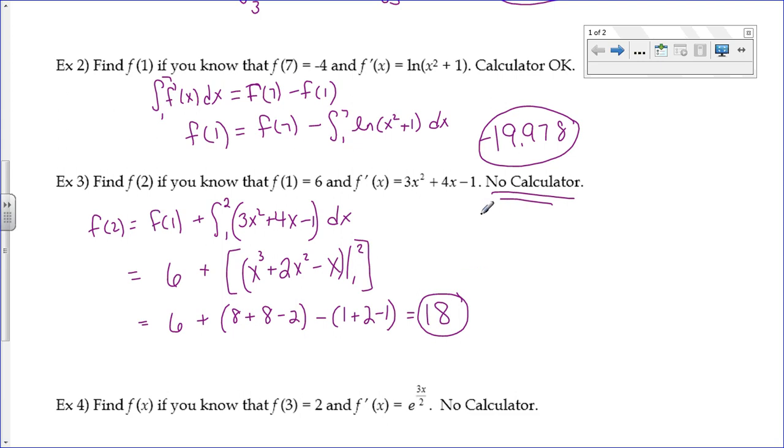Well, there's another way to go about this. And the other way to go about that is this. I know f prime. F prime is 3x squared plus 4x minus 1. Therefore, f would be the general antiderivative of f prime. Well, the general antiderivative means find the antiderivative and stick a plus c at the end. So if I were to take the antiderivative here, I'd add 1 to the power, divide by the new power,